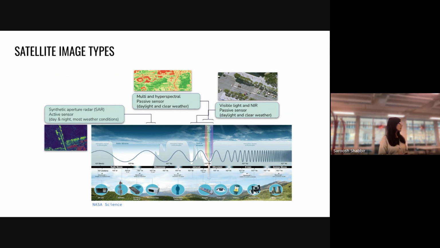All the satellites tend to have various different kinds of sensors. They can be radar, synthetic aperture radar sensors, which basically solves the problem of going through cloud cover and so on. And then the mostly used are the visible light and near infrared sensors, which allows us to see human activity on the ground, more or less. And the paper that we focus on is on the visible light and near infrared. That's what it uses.